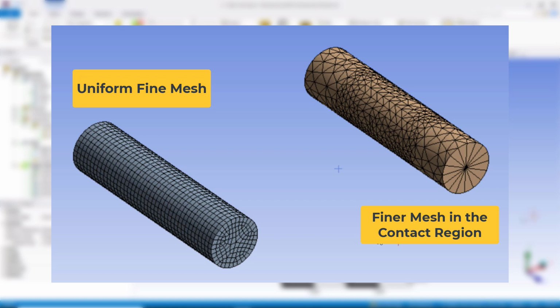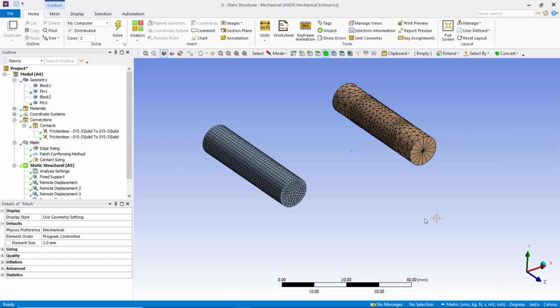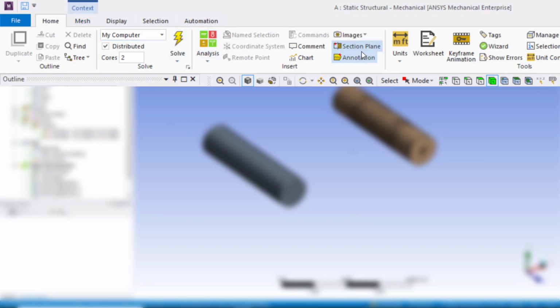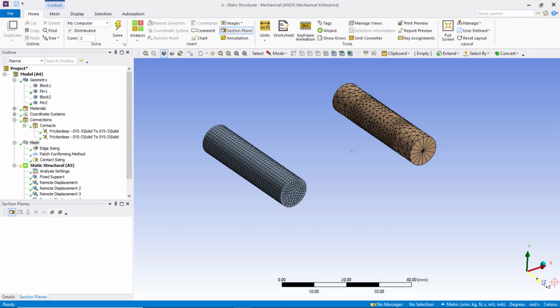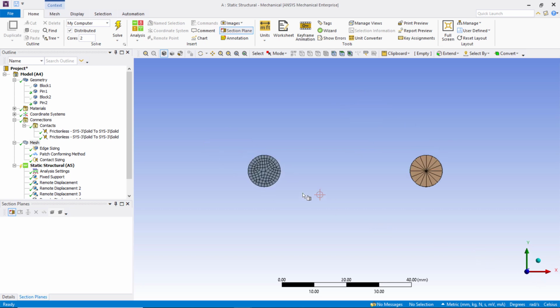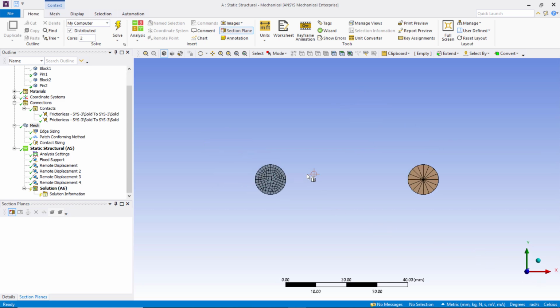We use section planes to visualize this. Go to the Home tab and click on Section Plane. We need to draw a line which, when extended out of and into the screen, gives the cutting plane. We create a section plane cutting through both the assemblies by drawing a line as shown.